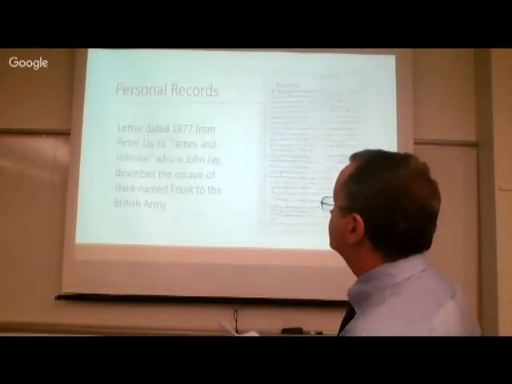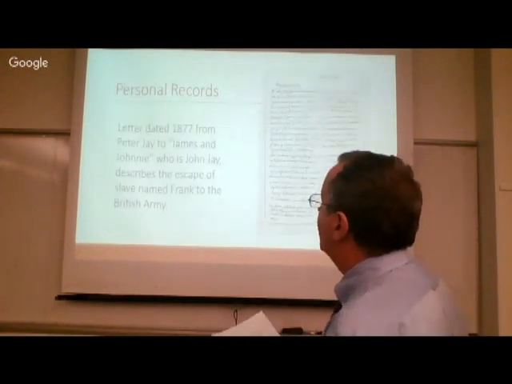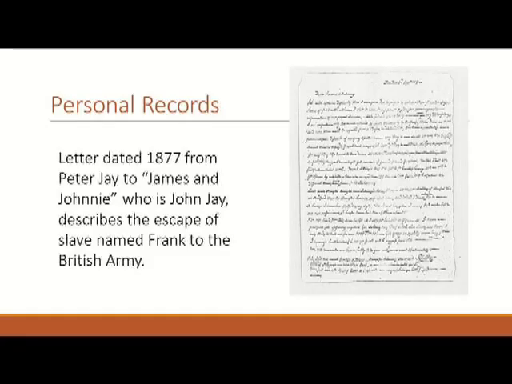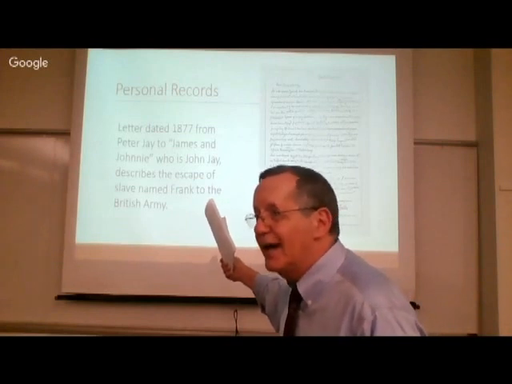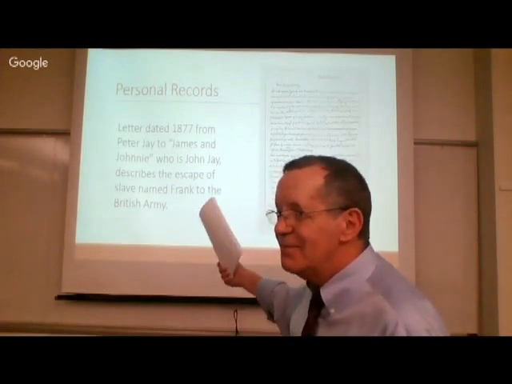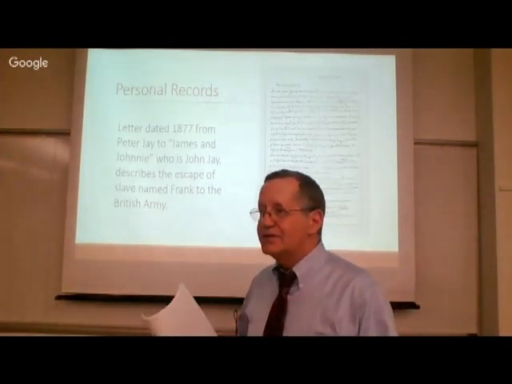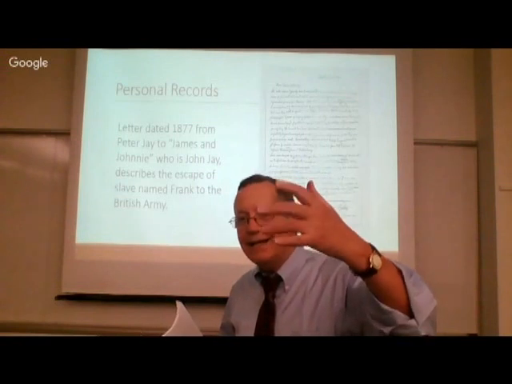Now, personal records. This happens to be a letter from Peter J. to James and Johnny. Now, you know who Johnny is. That's John J. That's our John J. And this is Peter J., the guy that invested in the slave ships and had the slave named Brass that was shipped after that conspiracy. So when we throw all the records up into this large data set, we can begin to see a